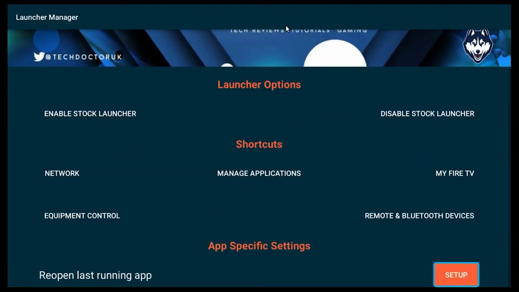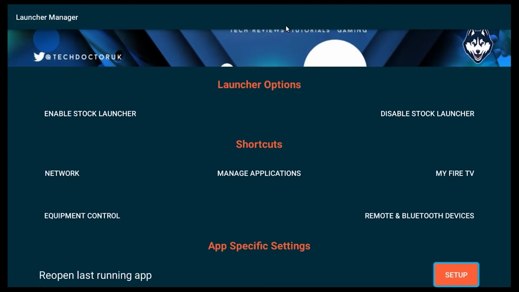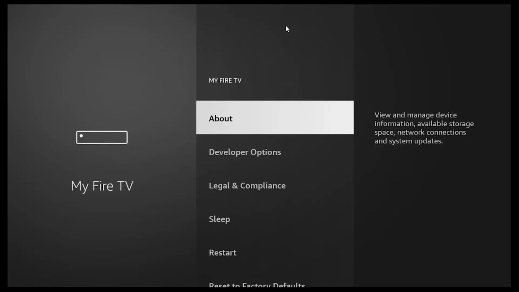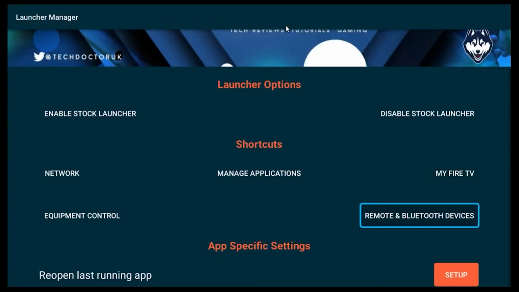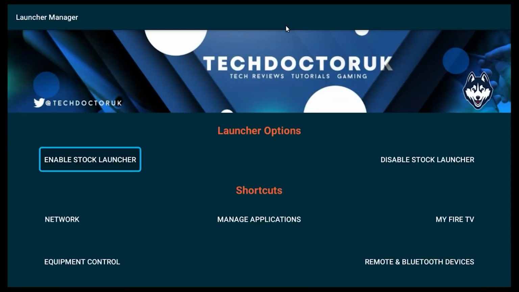Here you can see the settings menu, which has network, equipment control, My Fire TV. All the application shortcuts are there, but remember, if you disable the stock launcher, you might not be seeing the default settings menu, so you have to enable the stock launcher again to go to the Fire TV Stick settings. So now I'm going to enable or disable the stock launcher,